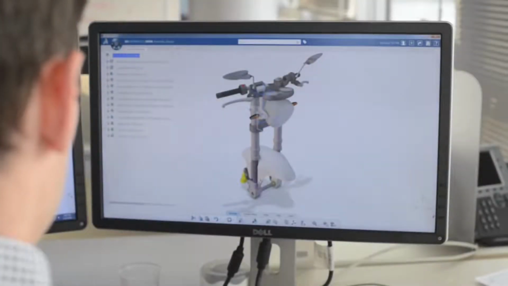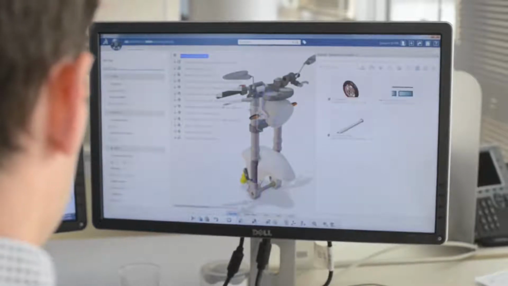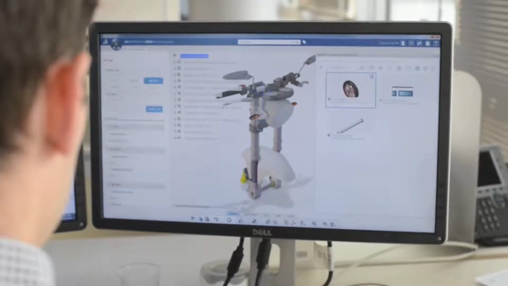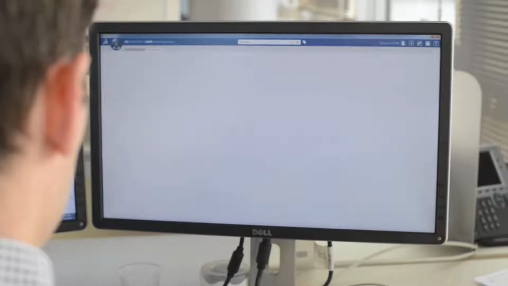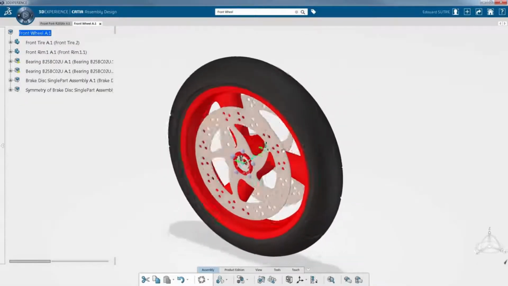CATIA 3D Experience enables you to reuse existing components so you don't have to redesign from scratch, thanks to the CATIA Tooling Design App. Let's see how this works. CATIA enables you to evolve a previous design without compromising the original model, which could speed up your assembly design